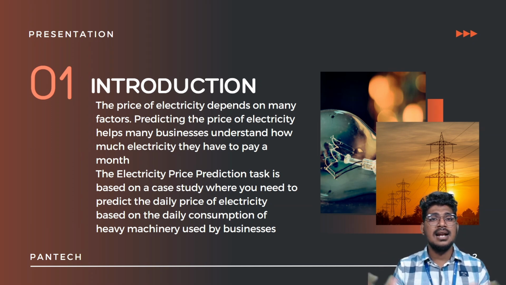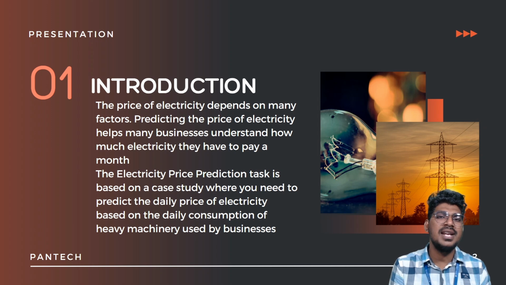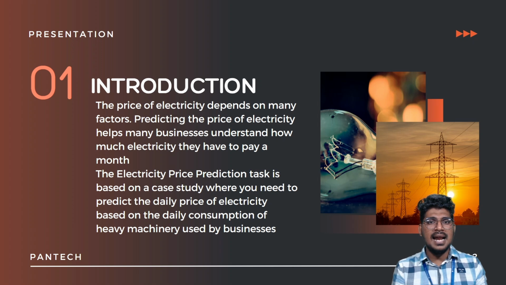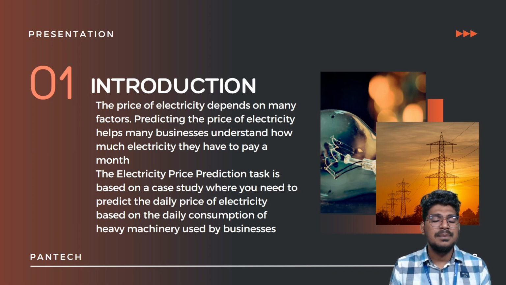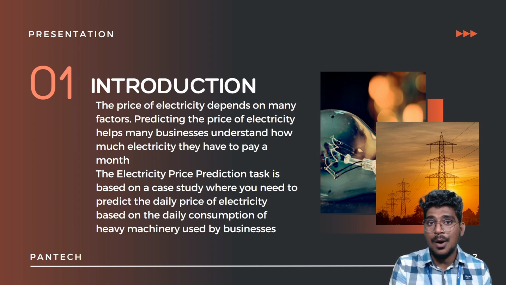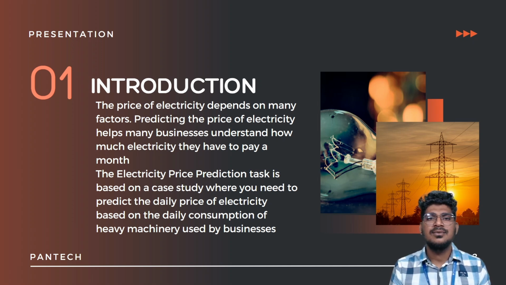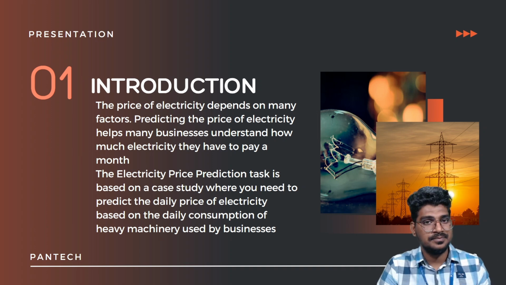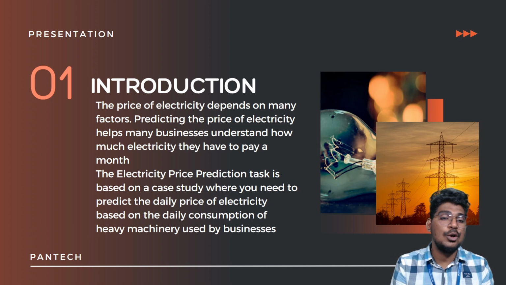When they run the biggest scale industries and businesses, this calculation and this prediction is very important, because they are always pre-planned. For example, for the next year they are already planning during this year. That means expansion is also a most important thing right now. So that prediction for a year, for a month, we can do easily based on the past data with the help of machine learning technology.